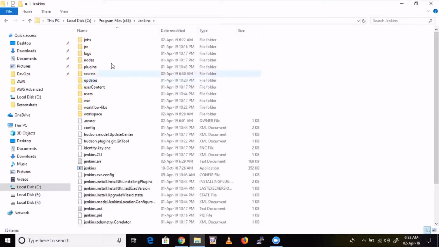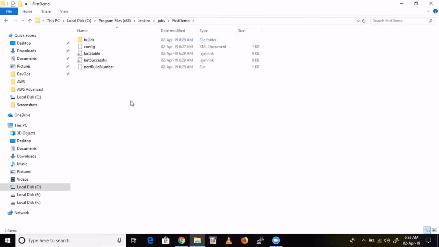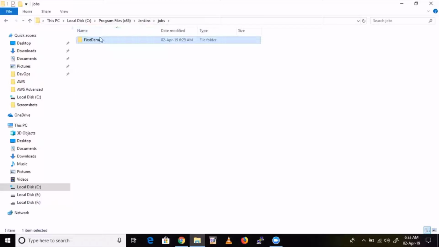Whenever you create any job, one folder will be created. We have created a job called first demo. One folder got created, and Jenkins keeps the complete data related to that particular job here. That means first demo is the job's workspace.